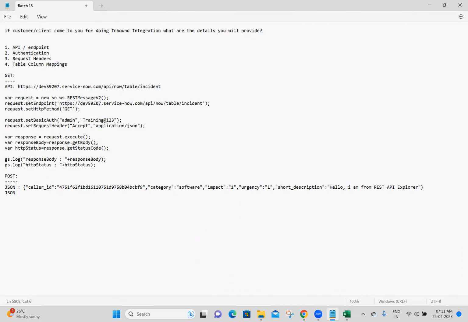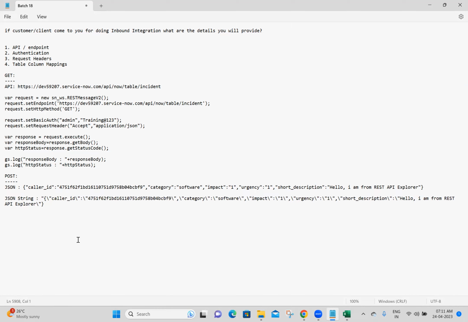JSON string format. This is okay. Okay, got it. I'm saving it. JSON and JSON string formats I have noted down here. So we have only a small difference. Wherever you have double quotes, for example, guys,